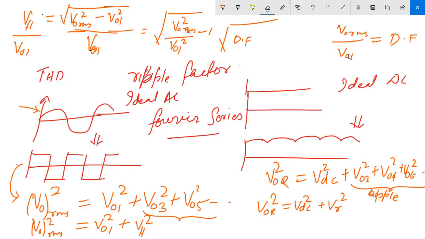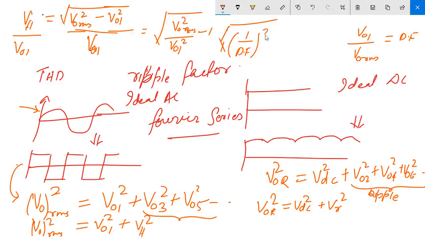I think it's reverse. It should be V01 upon V0 RMS, and that is your distortion factor. Just check it. Those who can correct me, it will be good. So it can be written as root of 1 upon distortion factor square minus 1, and this term VH upon V01 we are terming as